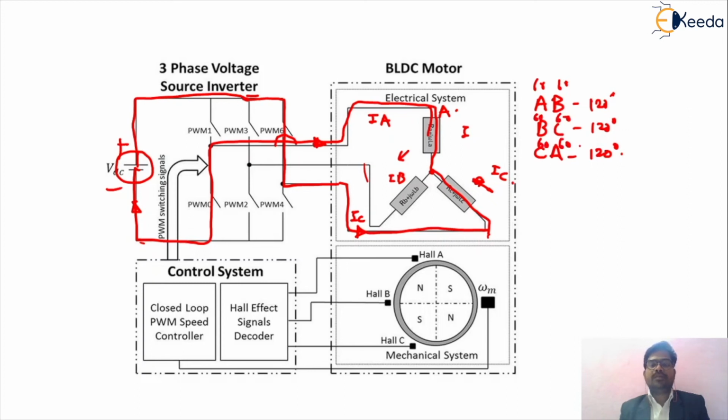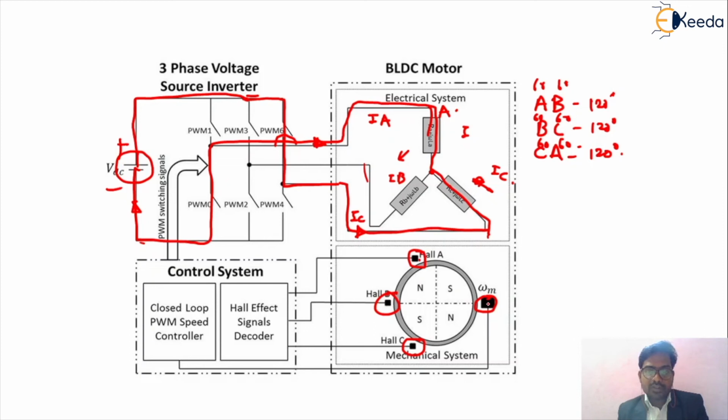Now friends, we can understand that these Hall effect sensors are mounted on a particular part. As we know, there is a shaft, and on the shaft there is a disc, and on that disc we mount this type of Hall effect sensor. This sensor will be called A, this is B, and this is Hall effect sensor C, and this is the speed sensor by which we can sense the speed.